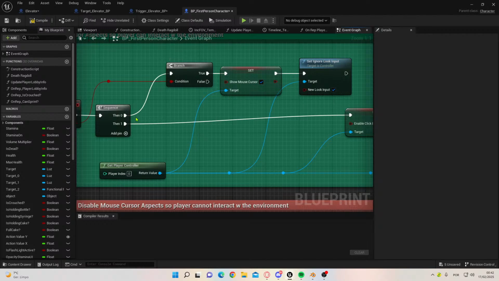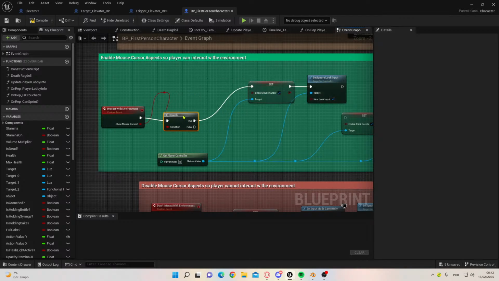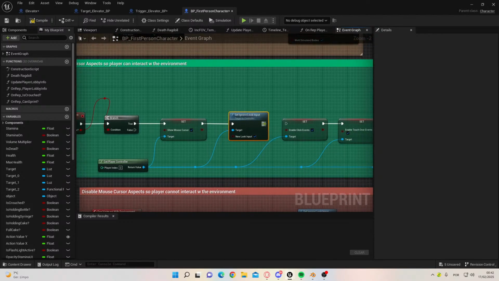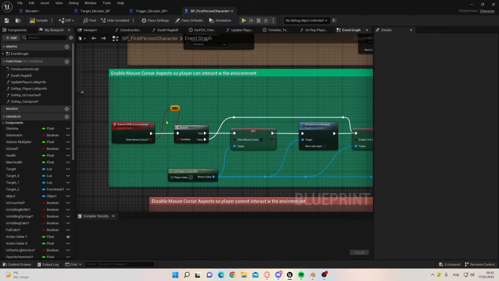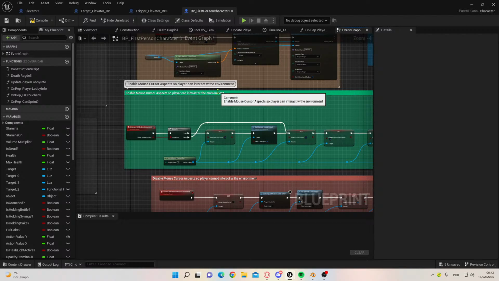It will just do that. Yeah, so let's just get here this. On false, we're just going to connect this. On true, we do that. So